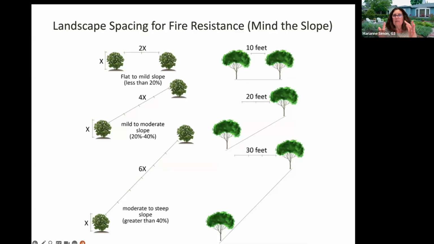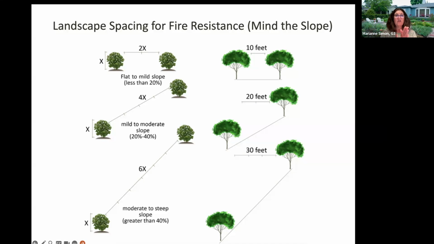So you can see, generally speaking, that a mild slope or no slope allows you to plant more closely than a steeper slope. If we look at our second item, you can see the difference from our first level, where we were able to go 10 feet apart.